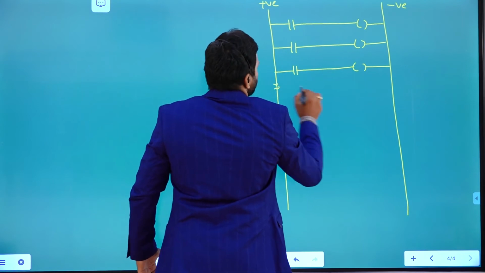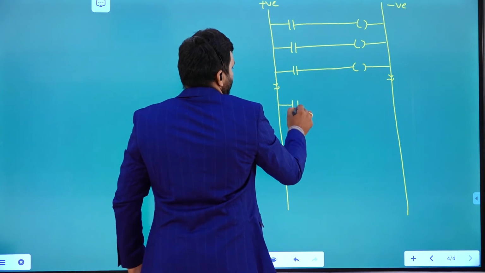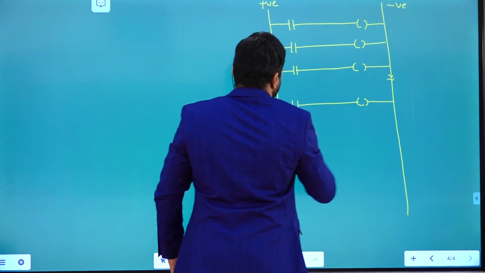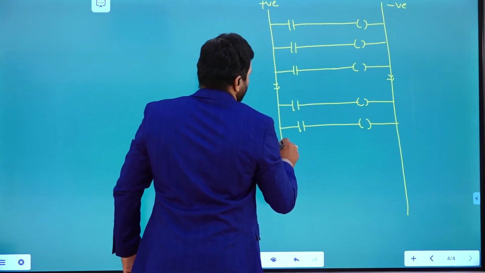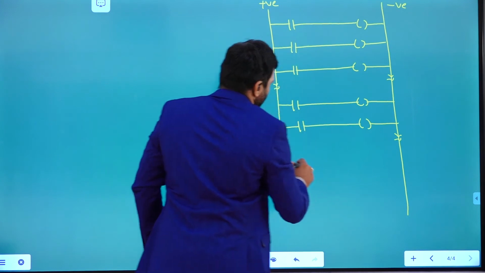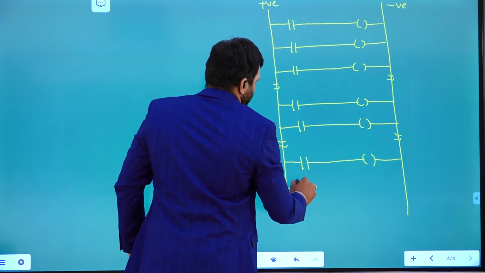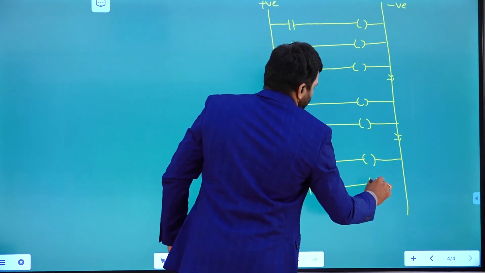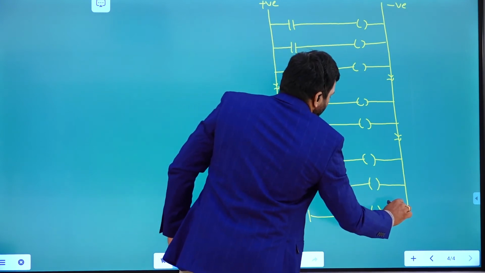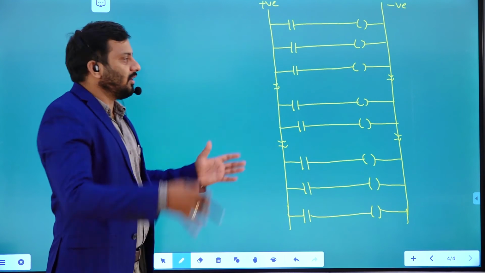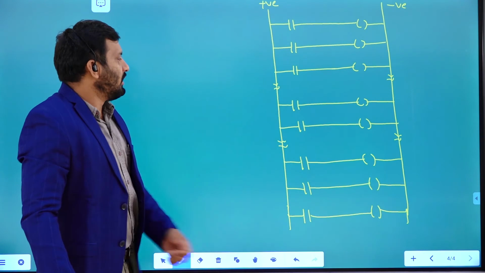So much program is there, so many rungs are there. It's more than 8 rungs. Previously we discussed only 8 rungs. Now I take an example of a larger number of rungs.